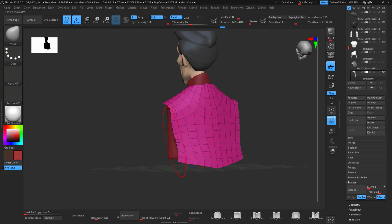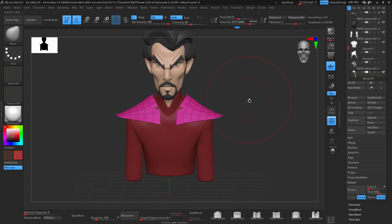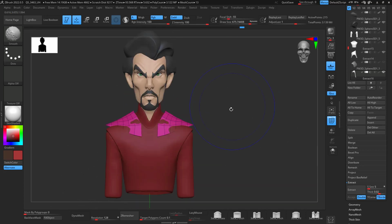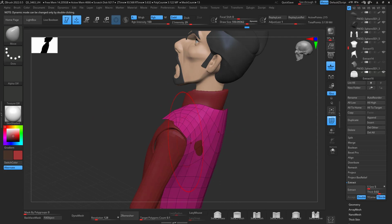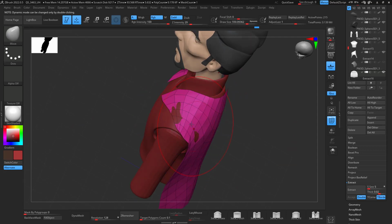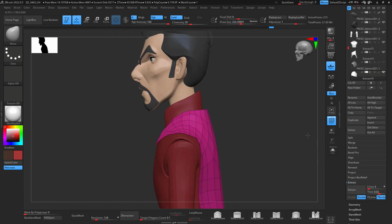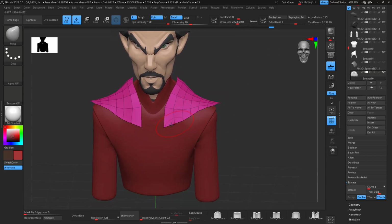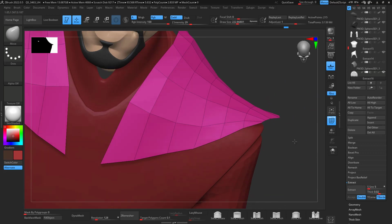Okay, so let's bring this out. Okay, I might have to bring this in a little bit, and I'm having such a hard time with this cape, but anyways, we'll get it there. We are gonna get it there. Let's go something like that. Bring this up, and let's